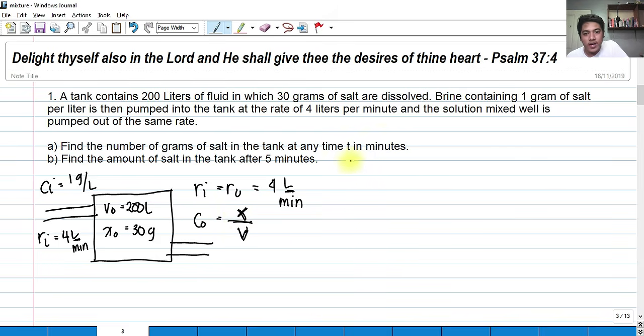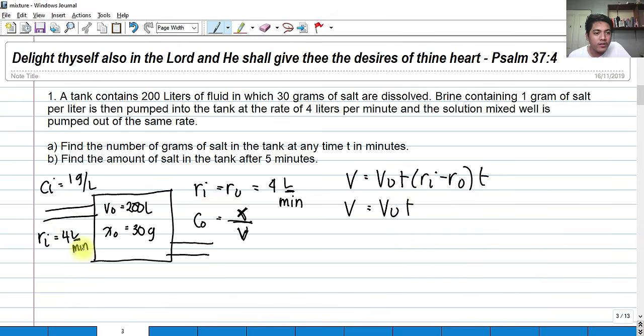The volume v is v naught plus r sub i minus r sub o times t. So we have v equal to v naught plus, since the solution enters at a rate of 4 liters per minute and also goes out at 4 liters per minute,